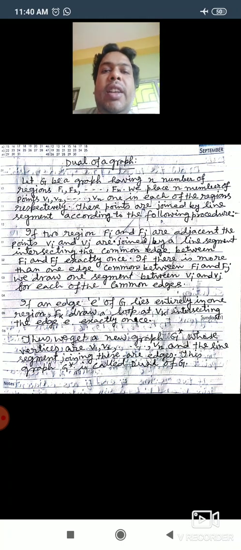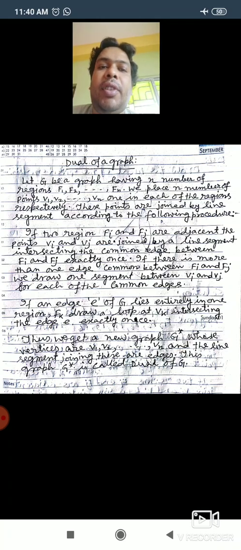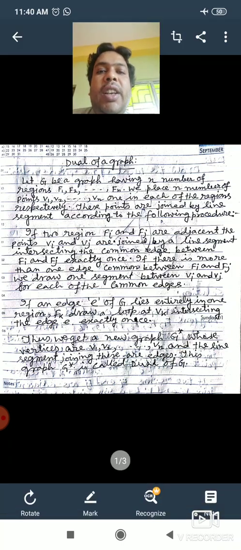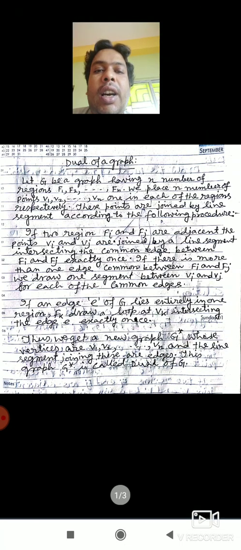Now let G be a graph having n number of regions f1, f2, ..., fn. We place n number of points v1, v2, ..., vn, one in each of the regions respectively. These points are joined by line segments according to the following procedure. If two regions fi and fj are adjacent, the points vi and vj are joined by a line segment intersecting the common edge between fi and fj